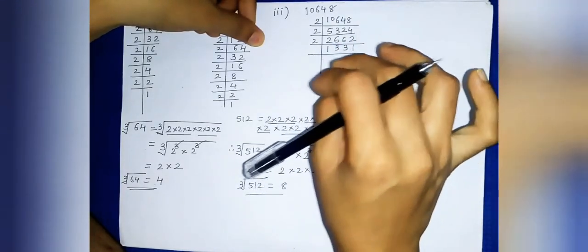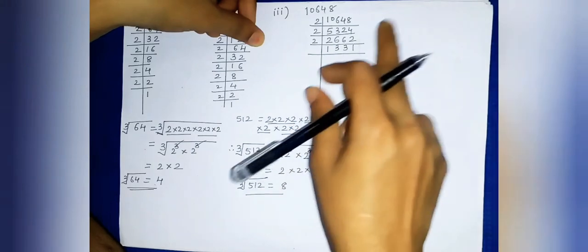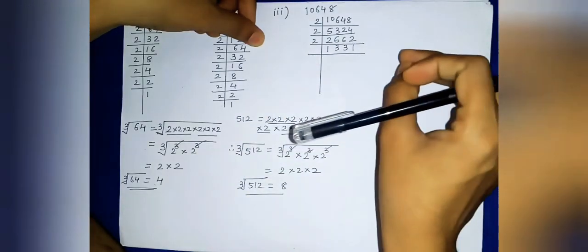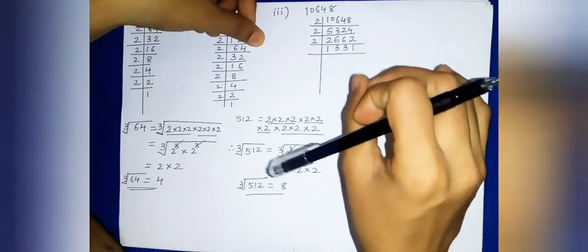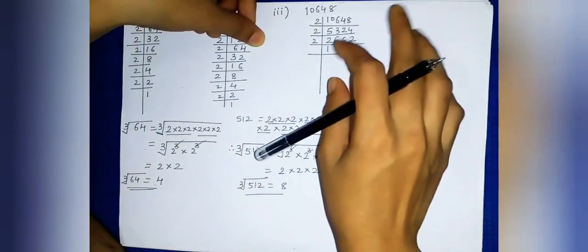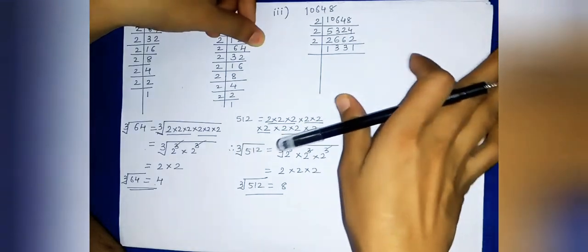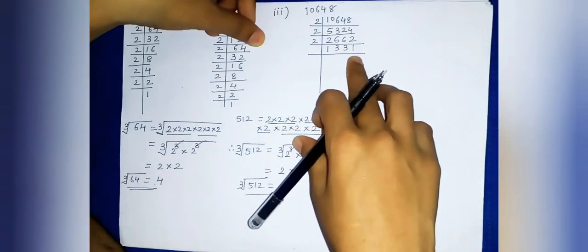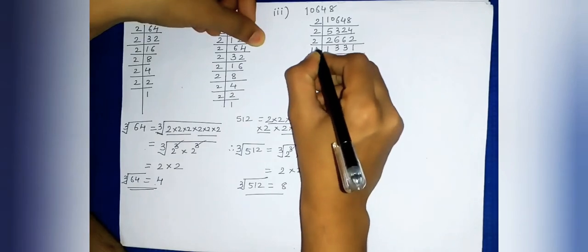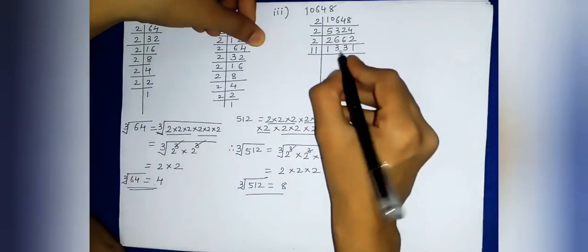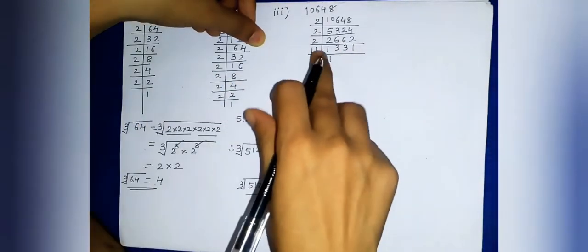So with 5 also not possible, with 6 also not possible, 7 also, if you divide and check on the side, it is not divisible. With 8 and 9 also not divisible. With 10 obviously not divisible, because for 10 the last digit should be 0. So now directly if you divide and check, it is divisible by 11. Okay, so 11 ones are 11.